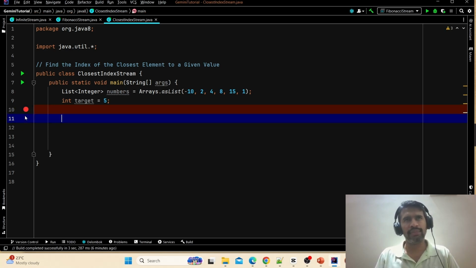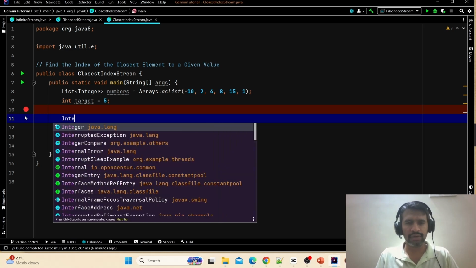If it was in the Java 7 world, we would have taken a for loop, started iterating from the 0th index, taken the difference, and added a logic to find the smallest difference number, and that index would have been returned. Similar thing we have to do in the Java 8 world as well. So how to do it in Java 8? First, we basically have to